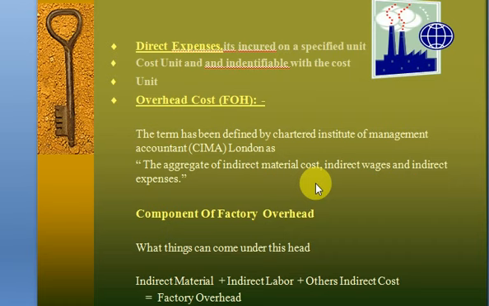It means all those indirect costs which take place in the factory in the manufacturing process. So all the indirect cost of the factory is called factory overhead. Factory overhead means indirect cost of the factory. For example,